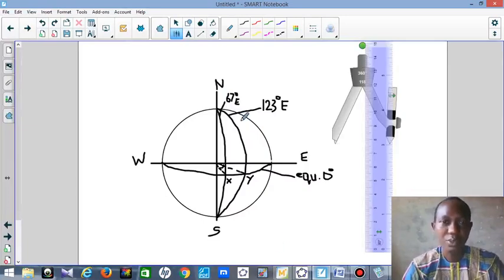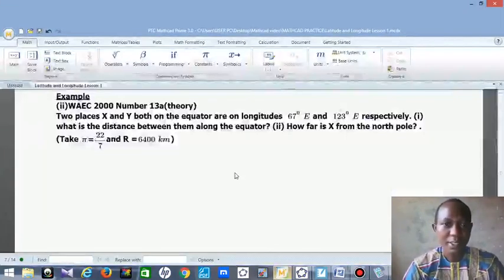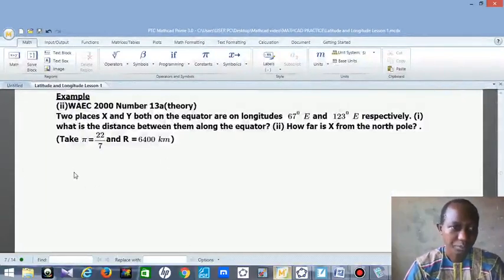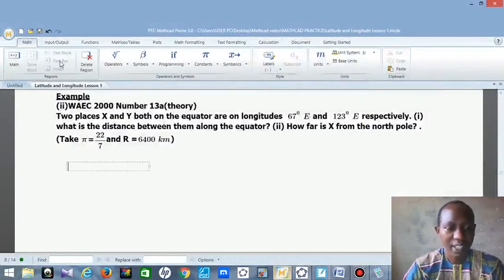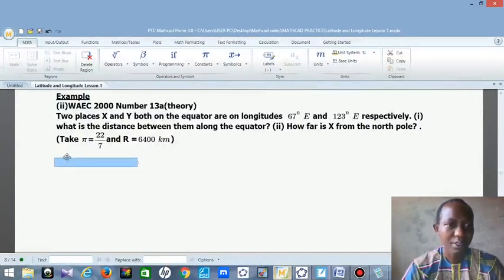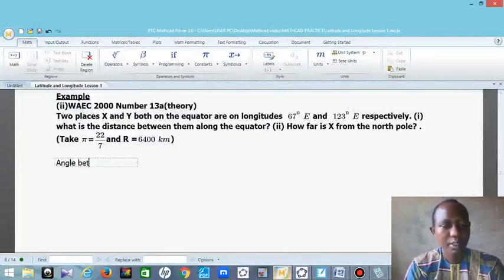Then let's go straight to the solution now. So now that you have seen the diagram, you know how to draw it. All we need first is the angle. In this topic, we always find the angle first. Always calculate the angle first before you do any other thing. So the angle between